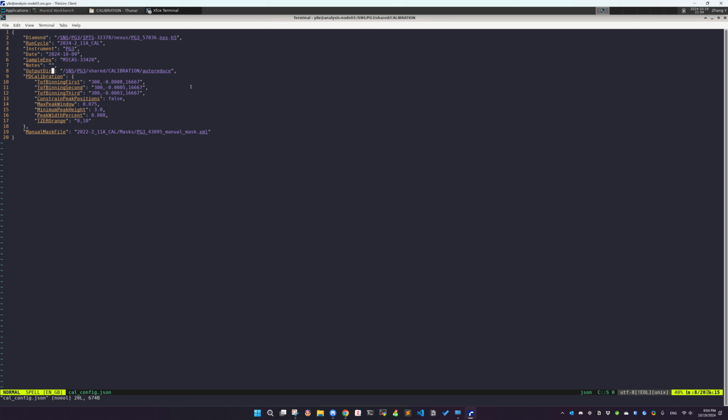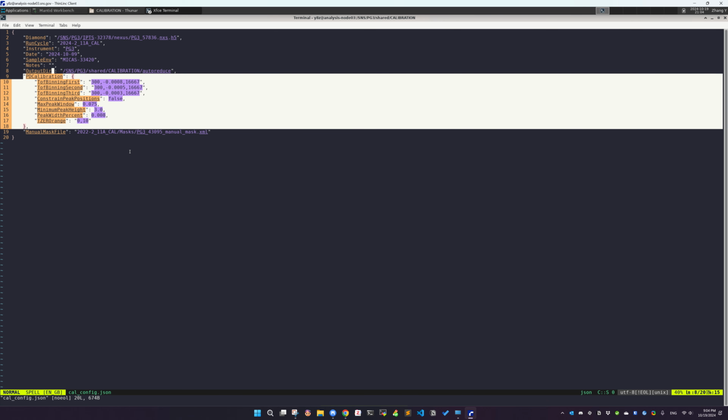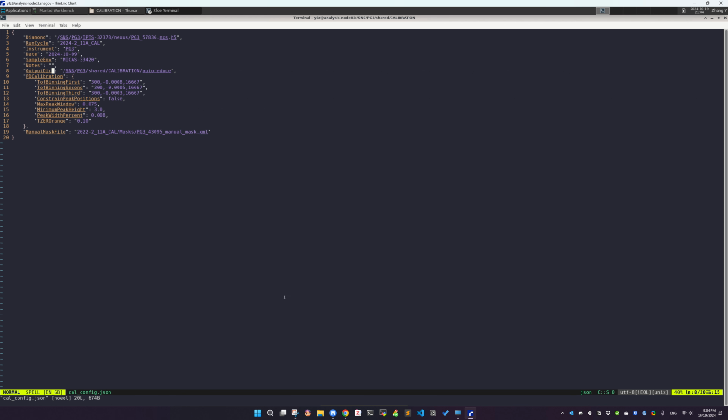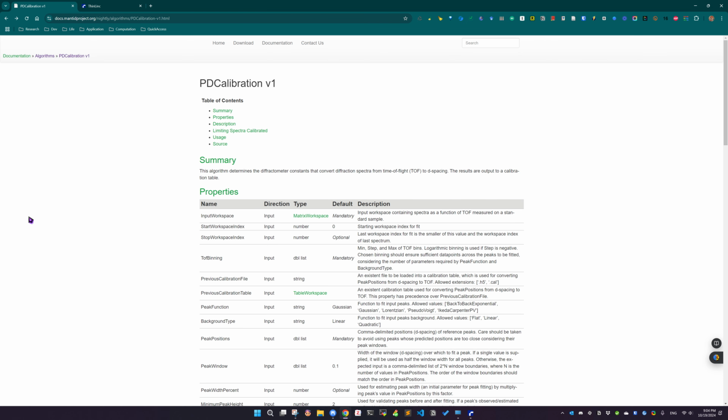Output directory is the location where the finally generated H5 file will be saved. So again, it's something that we want to make sure is correct. The PD calibration entry holds the parameters actually controlling the behavior of the calibration. So normally we can just use them as default values as shown here. But if you do want to check out the details for the meaning of the parameters, you can check out this